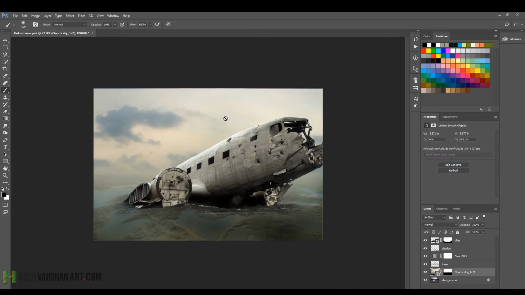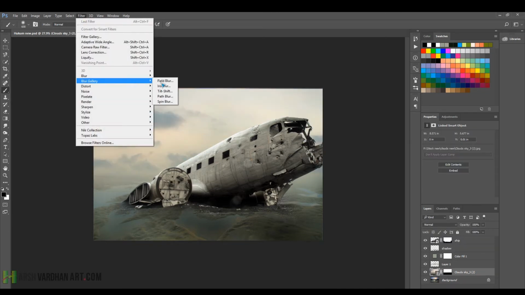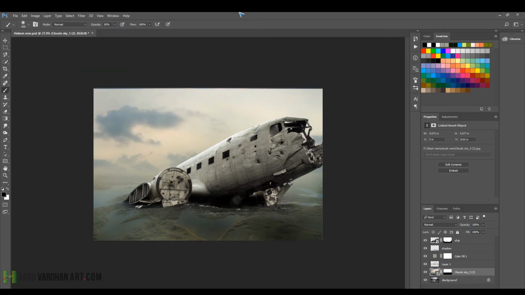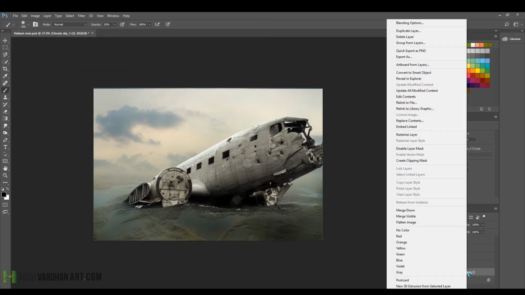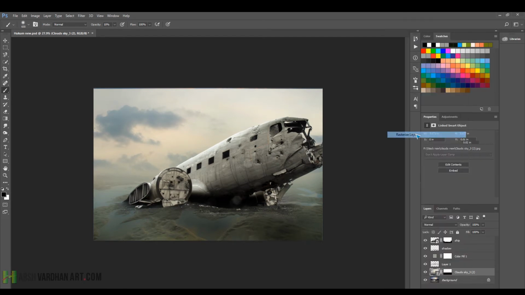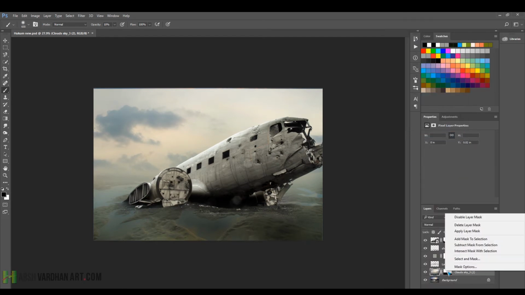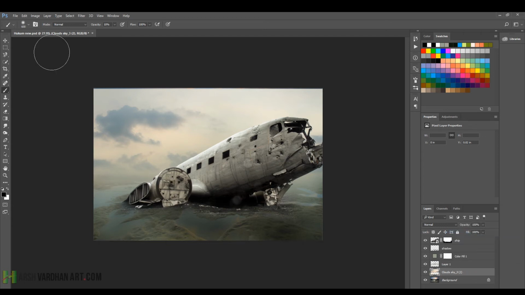And this is the cloud. Let's make it blurry. Go to the filter, blur. Okay, first of all, right click and choose rasterize this layer, and right click and select apply layer mask. Then go to the,